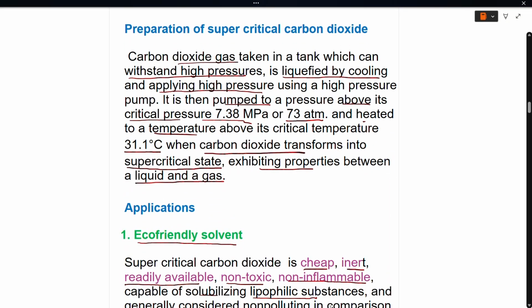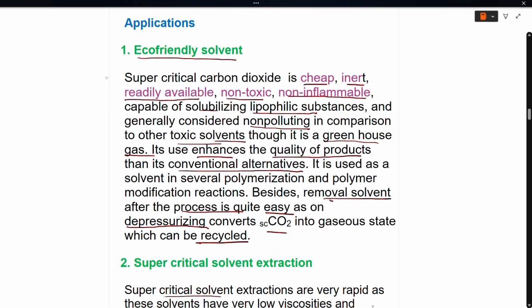Okay. And the preparation is, we take carbon dioxide in a tank which can withstand very high pressure, we first liquefy it and then pump it into another chamber where the pressure is high while the temperature is around 31.1 degrees Celsius. The pressure will be a bit higher than the critical pressure, that is 73 atmospheres or 7.38 megapascals. And then we have been seeing the